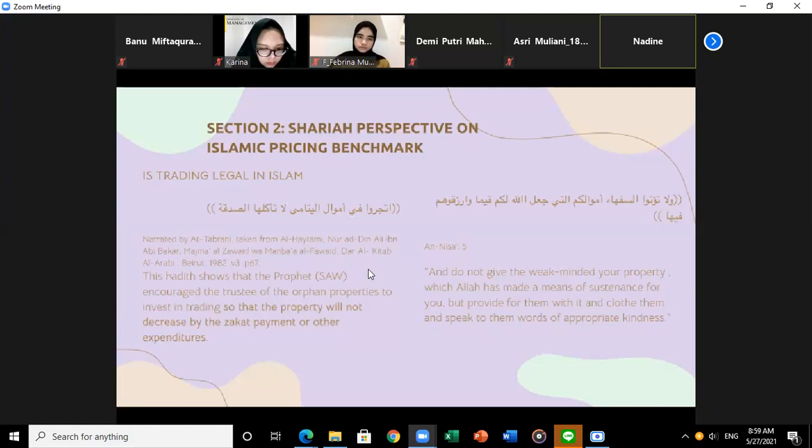And the second section: what is the Sharia perspective on the Islamic pricing benchmark? Is trading legal in Islam? As narrated by At-Tabrani, this hadith shows that the Prophet ﷺ encouraged the trustee of orphan properties to invest in trading so that the property will not decrease by the zakat payment or other expenditures. And from An-Nisa verse 5, this verse explains the obligation to